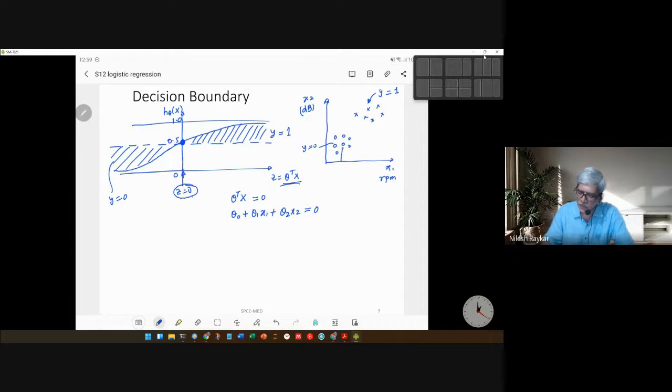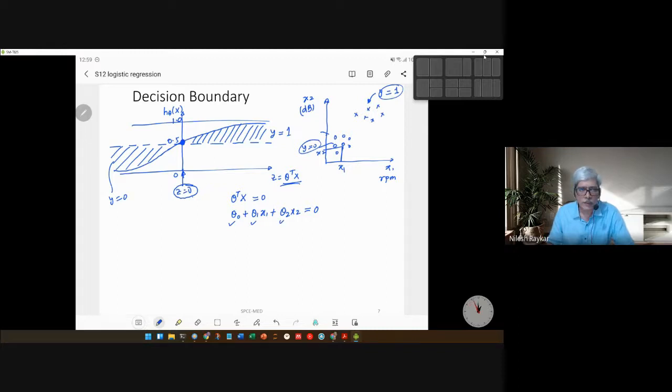So any point which is lying in this particular zone, so this is x1, this is x2, would be healthy, or whatever class. This is the y equal to 0 class, and this is the y equal to 1 class. So 0 is the healthy class and 1 is the unhealthy class. If we define it that way, you build your hypothesis function, and you know the values of theta 0, theta 1, and theta 2.